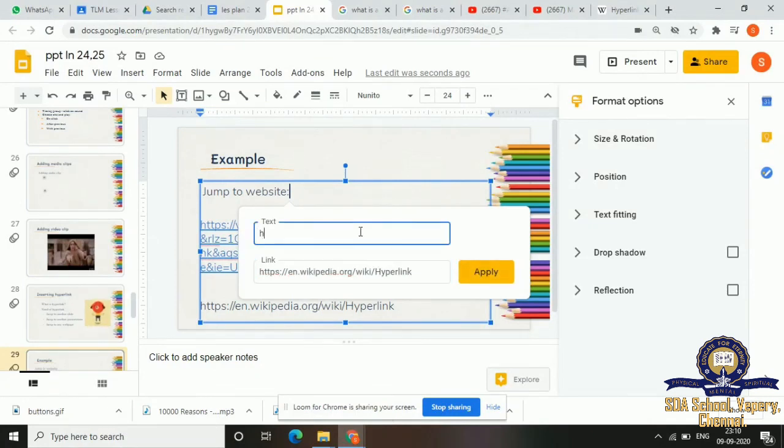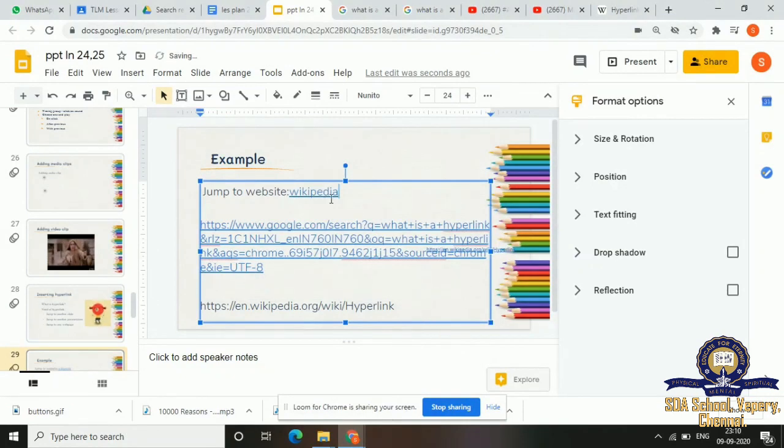You need to know what website it is, or I'll say Wikipedia. And I'm clicking apply. We got it here. So when you click it, you'll be going back to Wikipedia.